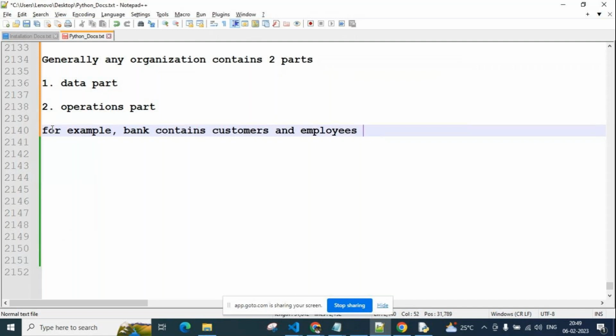It also maintains employee information and what operations employees can do. Everything is maintained, guys.